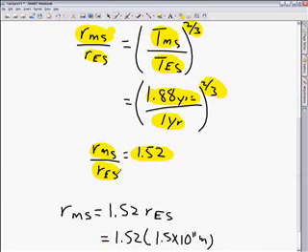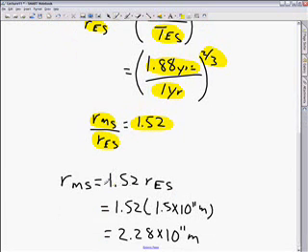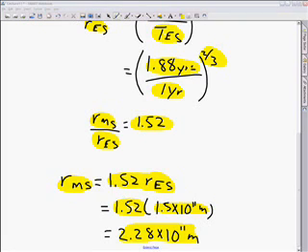Now, we know what the radius of the Earth around the Sun is. So we solve this for the radius of Mars around the Sun, and we plug in the radius of the Earth around the Sun, which is 1.5 times 10 to the 11th meters. And we multiply this out: 2.28 times 10 to the 11th meters. So basically we compared Mars's orbit around the Sun to Earth's orbit around the Sun,